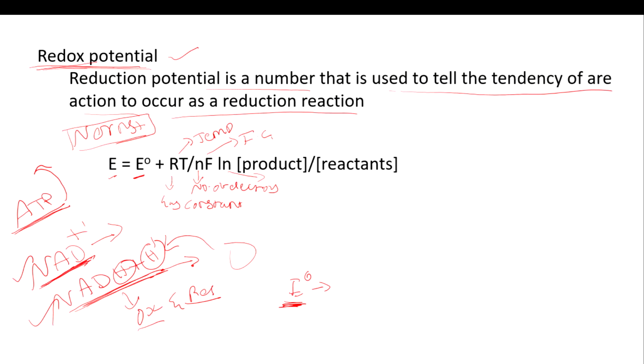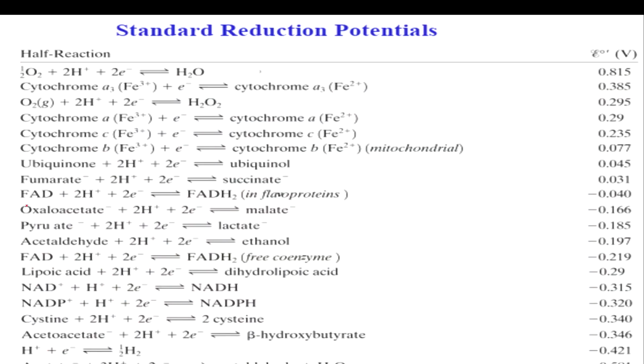And here is a chart for you to see what the redox potential is. You can see the example here as NAD plus as well as NADP plus and NADH. So if NADP plus plus H plus takes 2 electrons and is converted into NADPH, then it is going to produce 0.315. If the reaction is going in the reverse direction, then it requires energy and the sign will change to plus. So this is exergonic and this is endergonic reaction. I hope you have understood it, right?